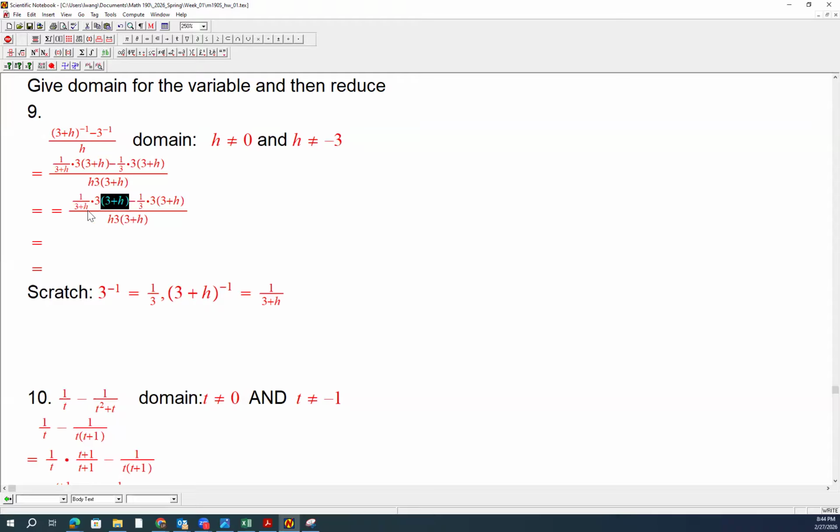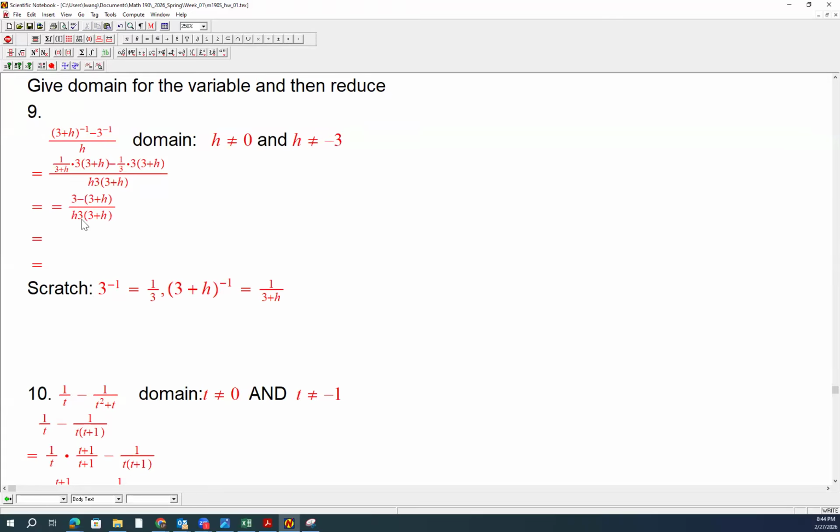3 plus h reduces with 3 plus h. So we got 3 times 1/3, that's equal to 1. So we can remove that. h times 3 is the same as 3 times h. You don't have to switch, but as a habit, sometimes we do switch. Okay, so there's an extra equal sign, which is not necessary. And next,